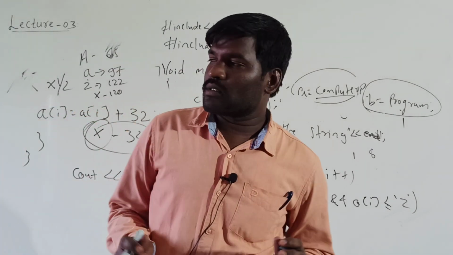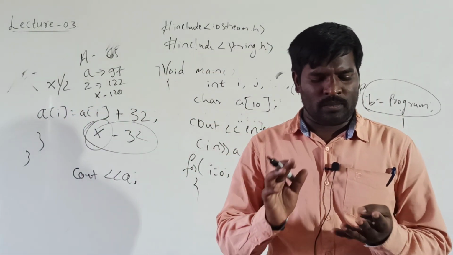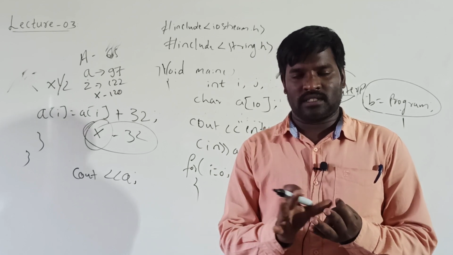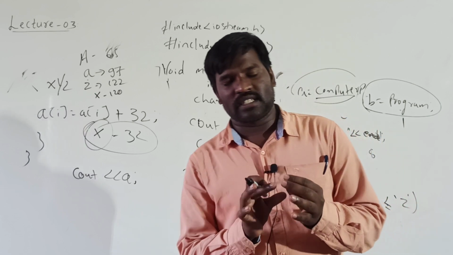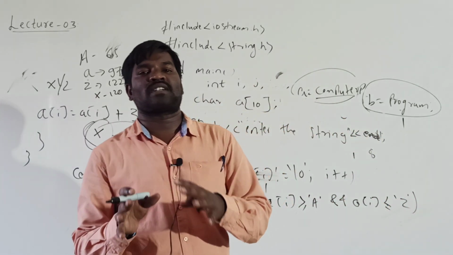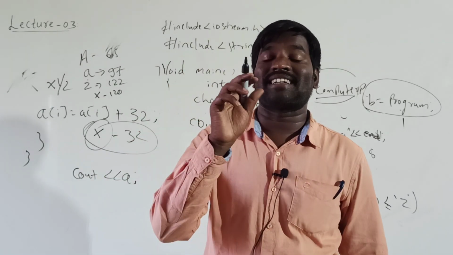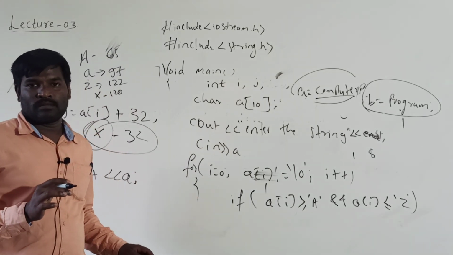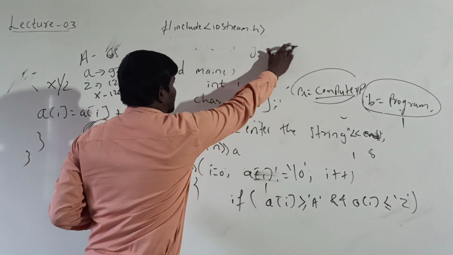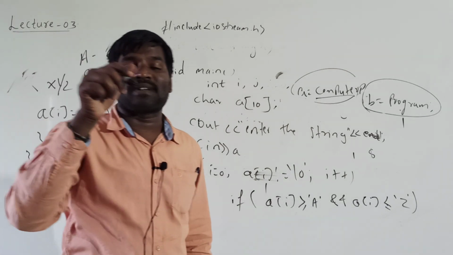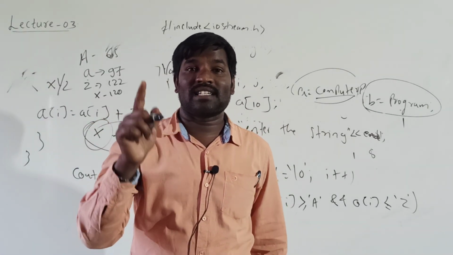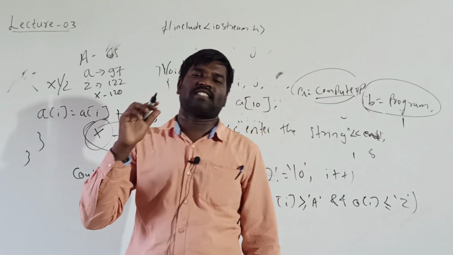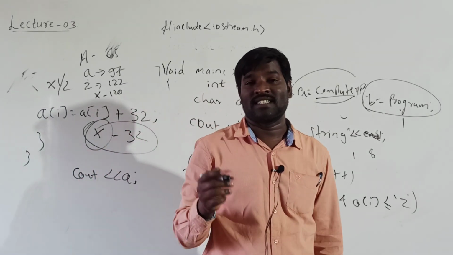So in the library functions, mathematical functions are already covered, and character functions, string functions. But if you want to use any type of function, please remember the header file. If you want to apply a library function, remember the header file. If you are using mathematical functions, it means #include math.h, if you are using string functions, string.h, if you are using character functions, ctype.h.